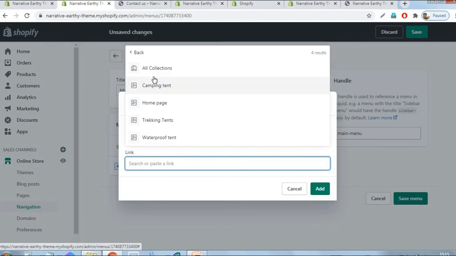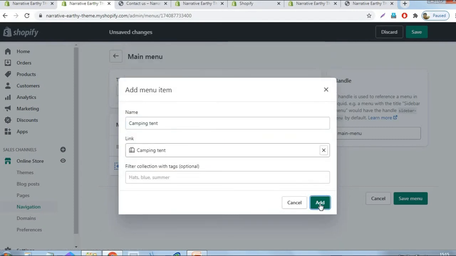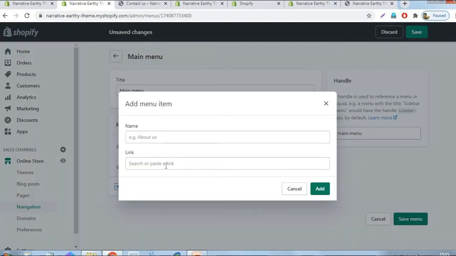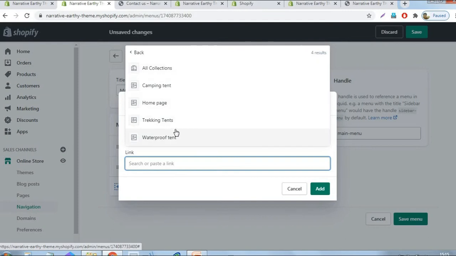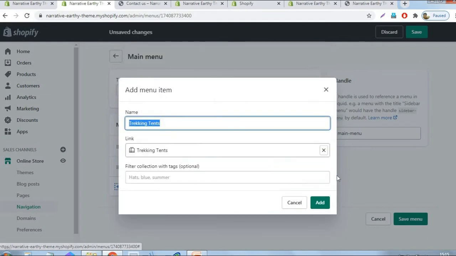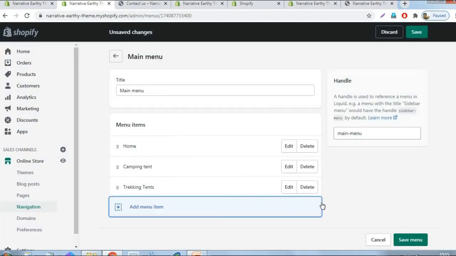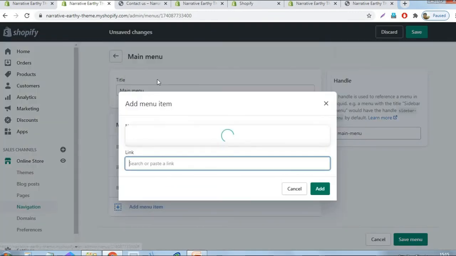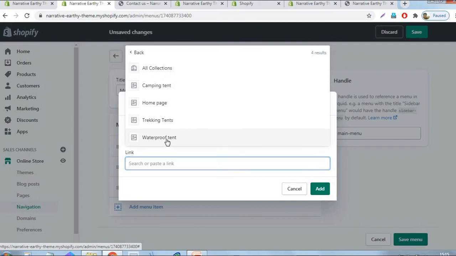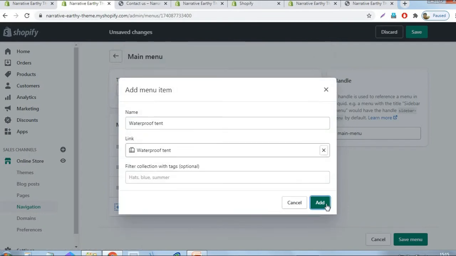Add menu item. The first one, camping tent. Second one, trekking tents. And the final one, waterproof tent.